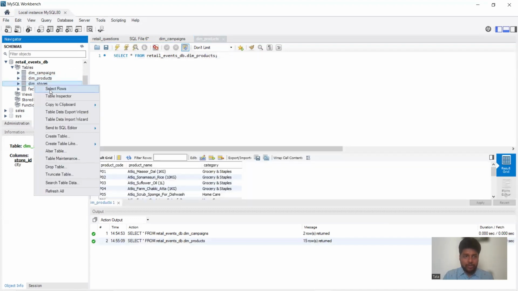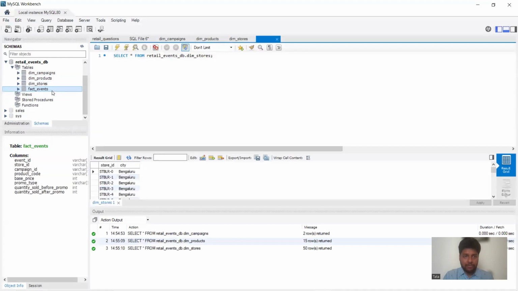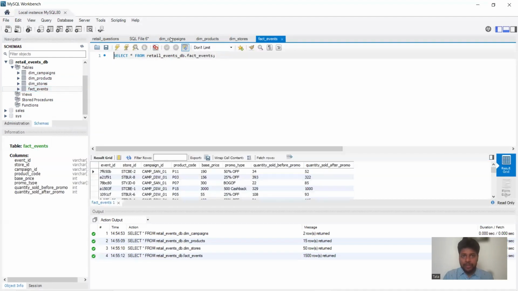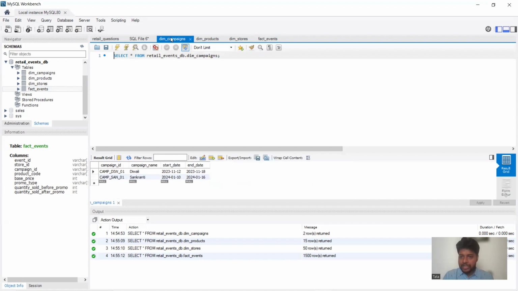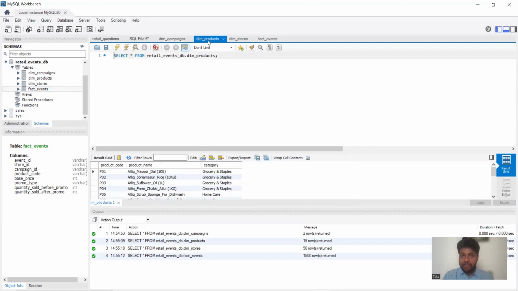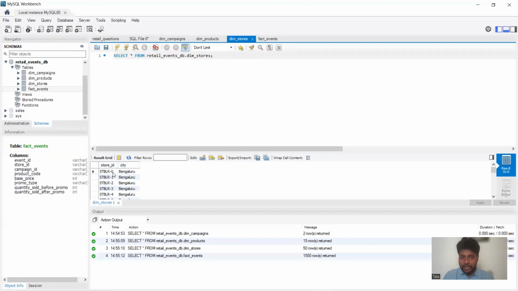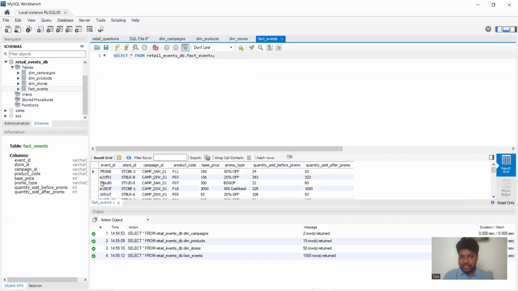Similarly, I'm going to do the same thing for the remaining 3 tables. So I have a campaign table which contains the campaign details. I have a product table which contains the details of the products, the name of the product and the category, followed by a product code. I have the store table which contains the store ID and the city. And finally, an events table where each product price and whatever the promo and how much quantity has been sold